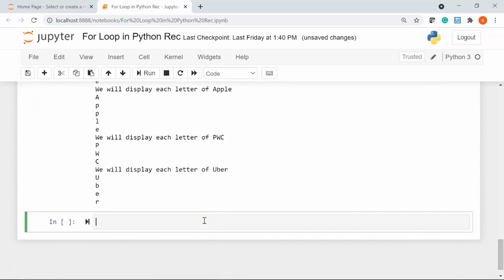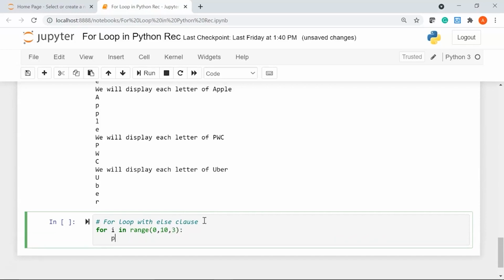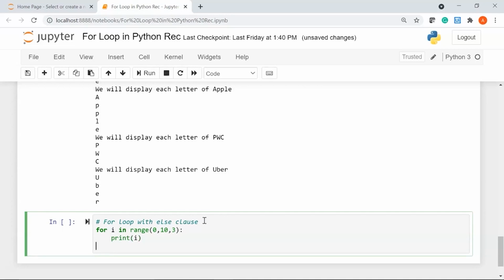Now let's see how you can use a for loop with else clause. So I'll give a comment, for loop with else clause. So I'll write for i in range 0, 10, I'll give a step size of 3. I'll say print i, and after this Python gives you the flexibility to use an else clause after the for loop.